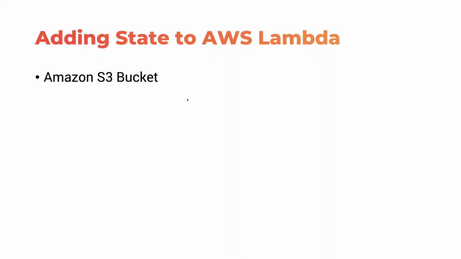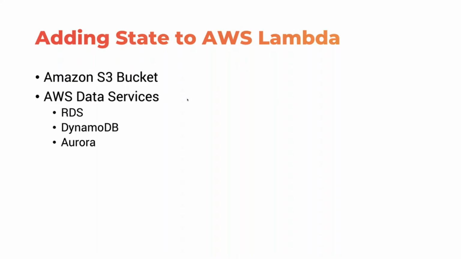So typically, when you want to maintain some state, for example, you want to process some input and save it as a PDF, you'll actually target an Amazon S3 bucket. So S3 bucket is a very popular and powerful combination where you either feed the input to a Lambda function or you get the output from a Lambda function to be stored in an S3 bucket. This is one of the very popular choices. Then, of course, there are multiple data services like Amazon RDS, DynamoDB, Aurora, and a whole range of SQL, NoSQL databases that AWS offers.